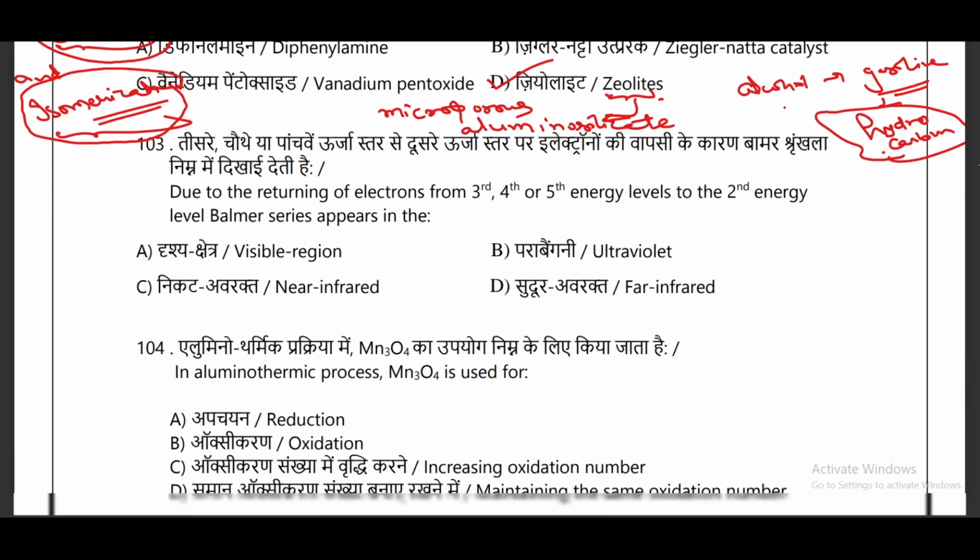In the next question, due to the returning of electrons from third, fourth or fifth energy levels to the second energy level, Balmer series appears in the region. Okay, so they are providing you four regions, and out of four your correct answer is visible region, option A. They are talking about the Balmer series. So in the Balmer series, when electrons are returning from higher energy levels to the second energy level,